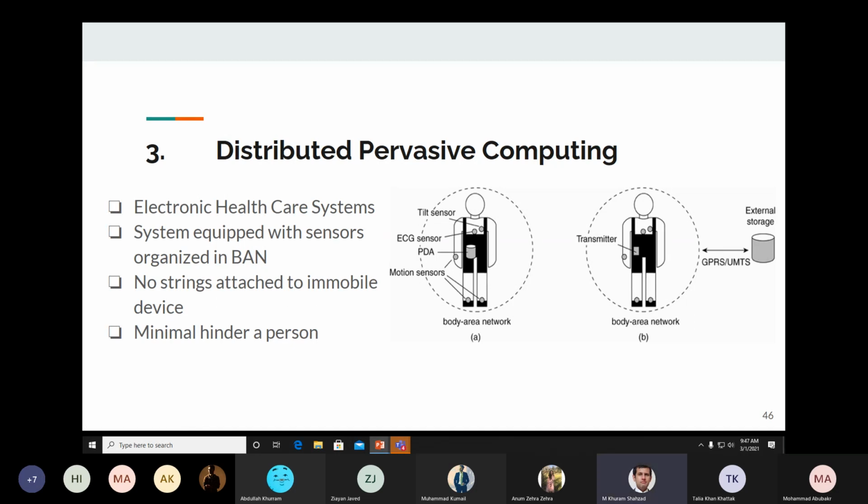एग्जैक्टली, exactly। वायर्स नहीं होती, और किसी ने कहा था कि वायरलेस होता है, ठीक है, तो वो वायरलेस सिस्टम होता है, ठीक है, ओके। मिनिमल हिंड्रेंस टू ए पर्सन, ठीक है। अब ये नहीं है कि हर जो डिवाइस है वो डिफरेंट चार्जर के थ्रू सिस्टम में लगाई गई है, और इस तरह से पांच छह डिवाइसेस हैं, तो वो बंदा इमोबाइल हो जाता है ना, ठीक है। तो उसको अवॉइड करने के लिए बॉडी एरिया नेटवर्क होता है जो कि वायरलेस होता है, ठीक है।